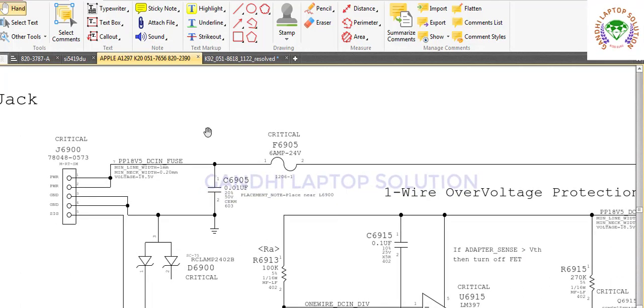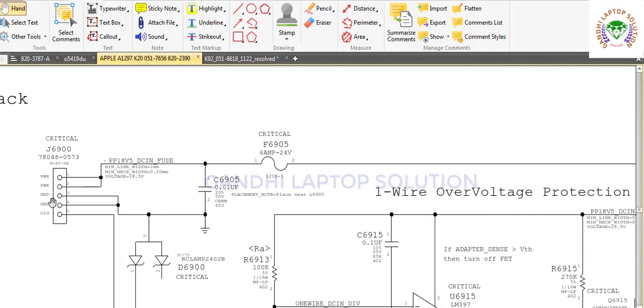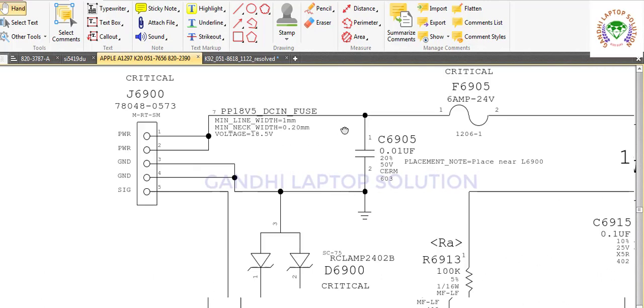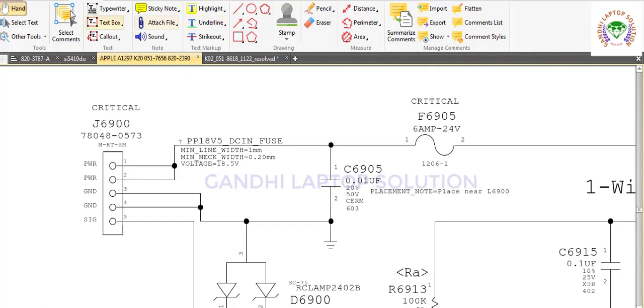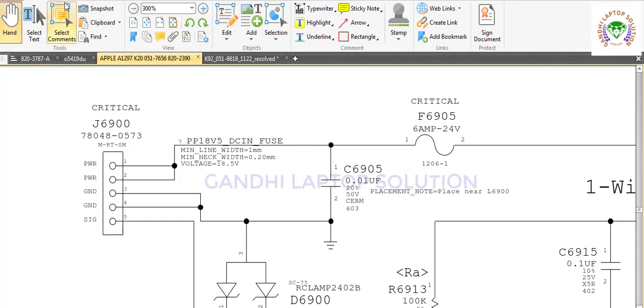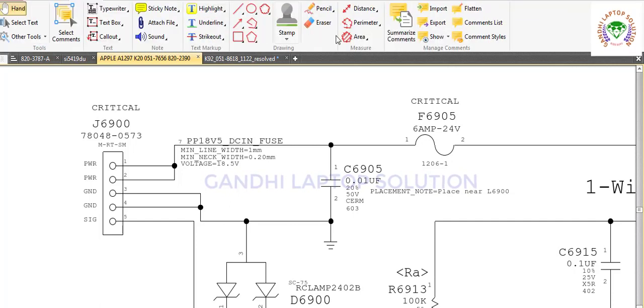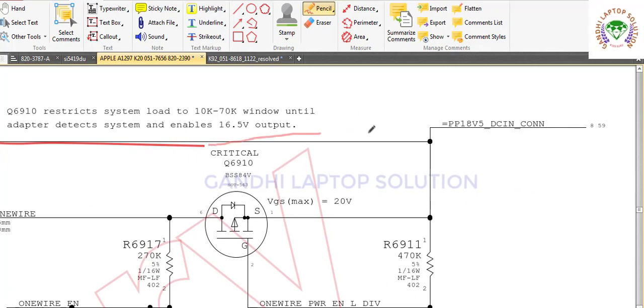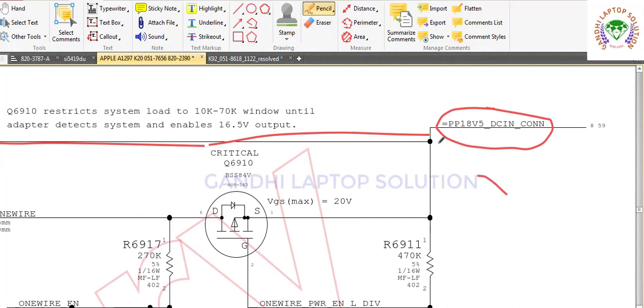This one is an Apple 1297 motherboard, another part number motherboard, DC in section. You can see the supply going through this. This motherboard operates with 18.5 adapter voltage.